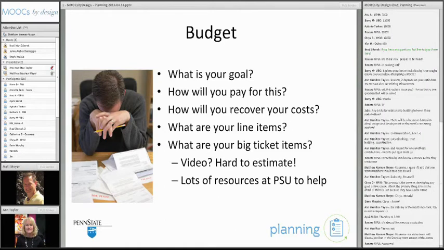They had some grants and some self-funding by the faculty that, you know, they just really wanted to do this for their field, for the good of society, and they weren't as concerned about recovering costs. So, these are things we can't answer for you. It really depends. It's things to think about. But do look at what your different line items are going to be and what your big ticket items